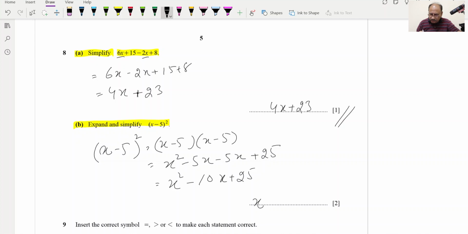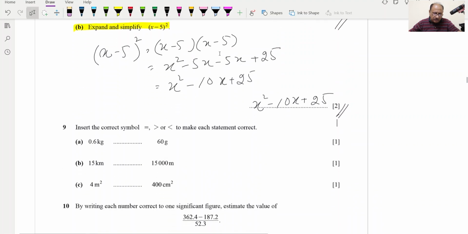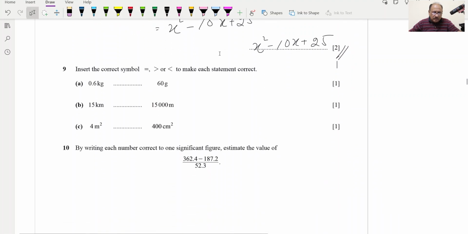This will be the final answer which we can provide here at the proper place. This is 2 marks for this part. And question number 9, insert the correct symbol to make each statement correct. A part, so we will be checking